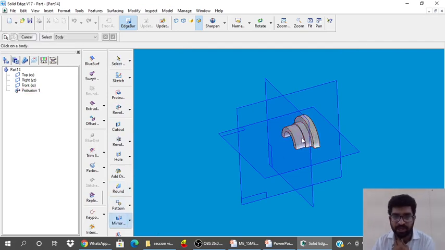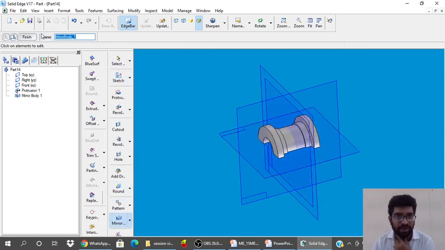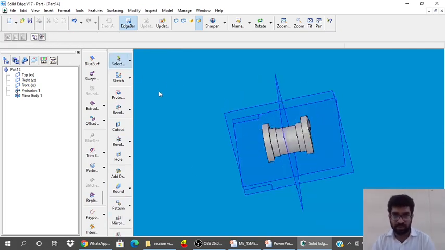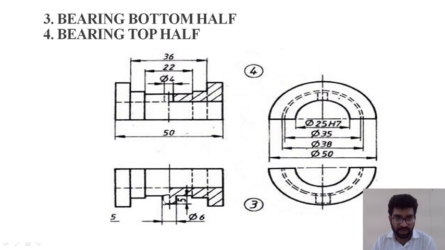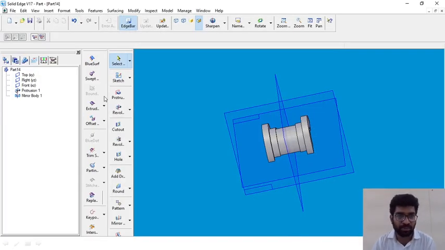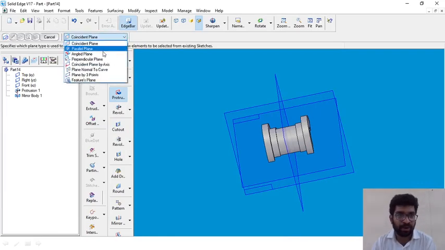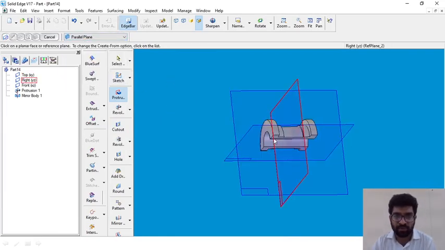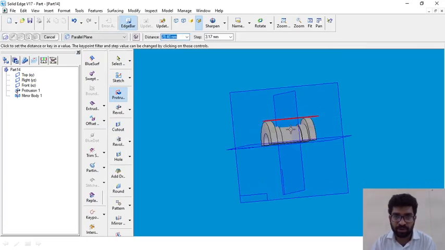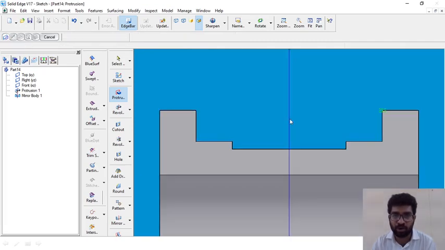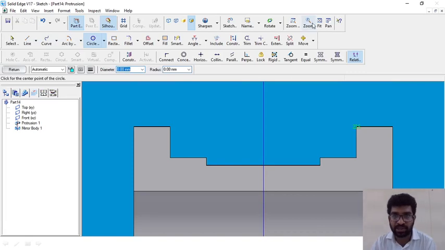Say mirror copy, select this feature, select this right plane, say finish. So in bearing bottom half we have a 5 mm protrusion like this. So to create that, we will select protrusion command, parallel plane from the bottom to this top, it is at a distance of 17.5 plus 5, it is 22.5. So create a plane at a distance of 22.5 from the bottom, and then draw a circle at the center